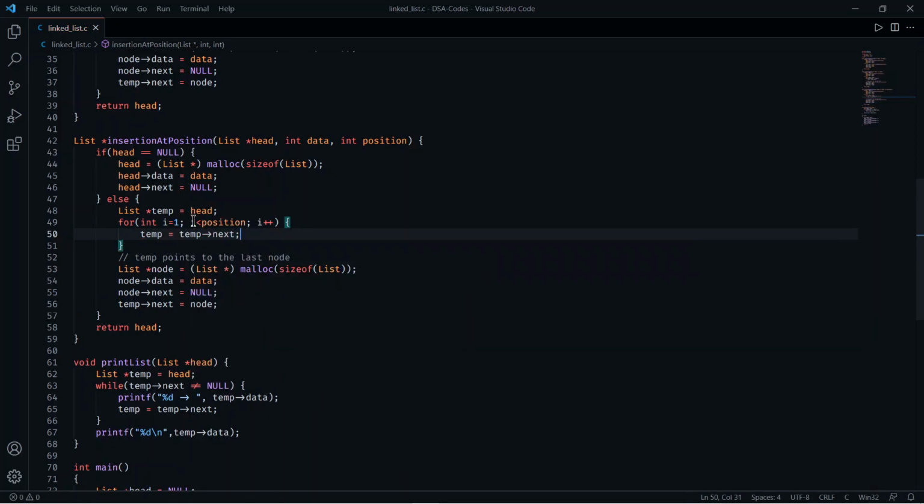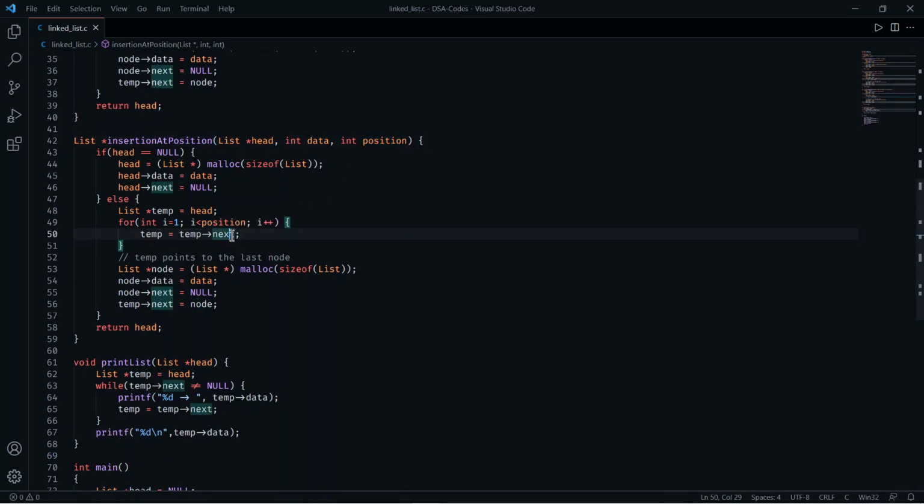Why I used a for loop here is because I need to increment temp until we reach this position. That is, we need the node before this particular position.